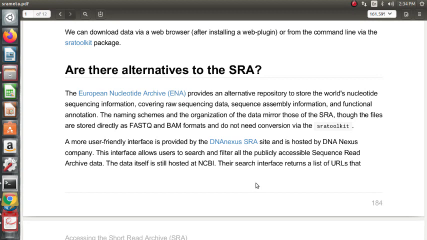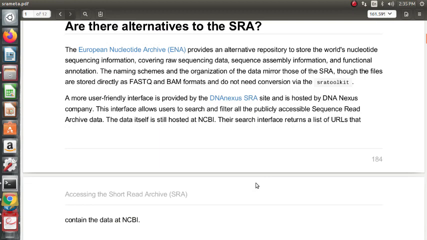A more user-friendly interface is provided by the DNAnexus SRA site, hosted by the DNAnexus company. The interface allows users to search and filter all the publicly accessible Sequence Read Archive data. The data itself is still hosted at NCBI.